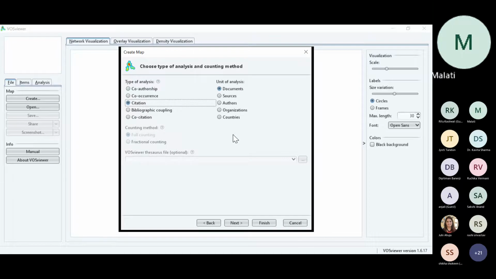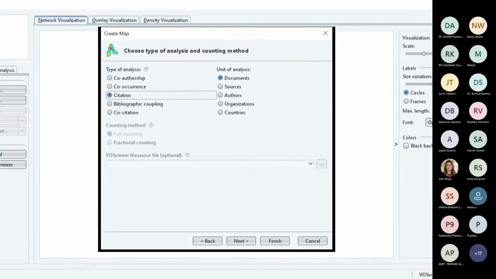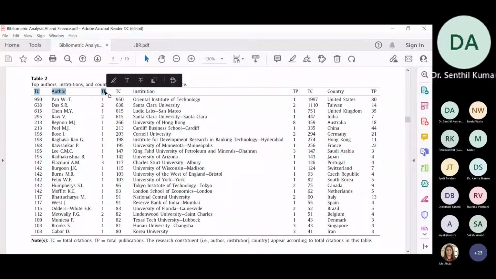in the paper written by Satish Kumar. The base is the citation. The TC, total citation, has been used. I'll again show you the paper also. So in the first, it has the table. Let me show you once again. You might have forgotten it. So this is what I am going to create, the table: total citation, author and total publication, right? So this information I want.